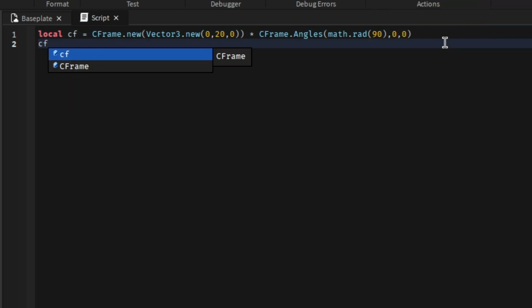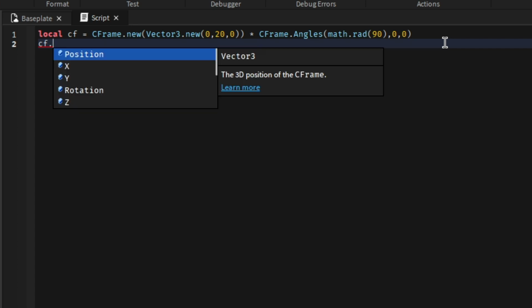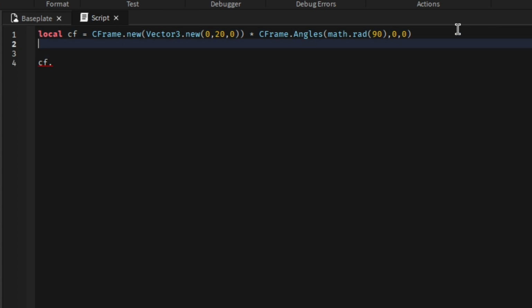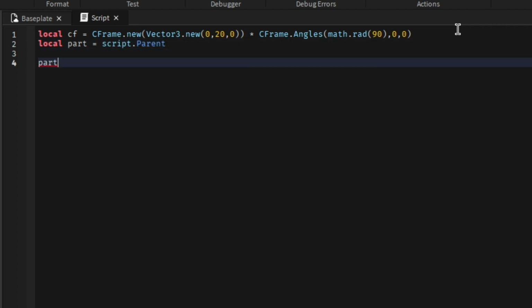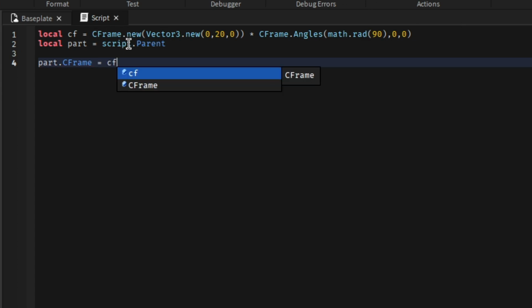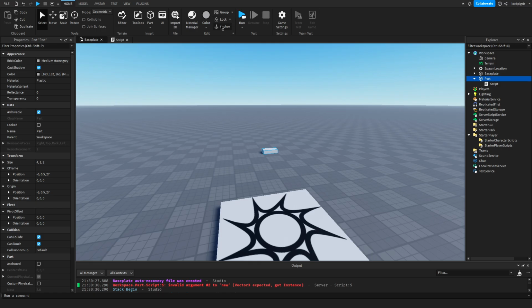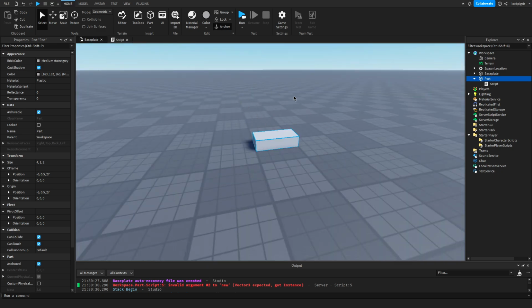Okay, if we get the CFrame and then assign it to the part that we have in workspace. Actually, let's create a variable for the part. Let's change the part CFrame. So part.CFrame is equal to the CFrame that we made up here. Also make sure your part's anchored. So right now the part looks like this. But if we run it,